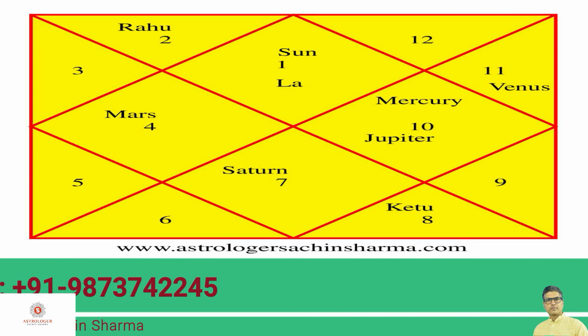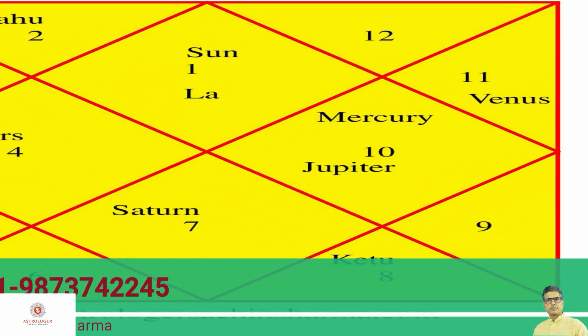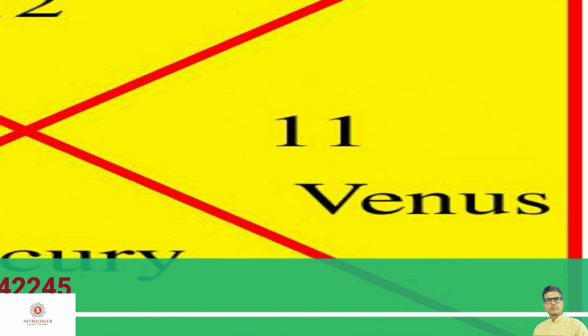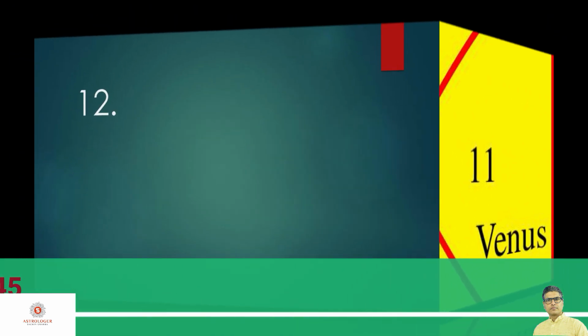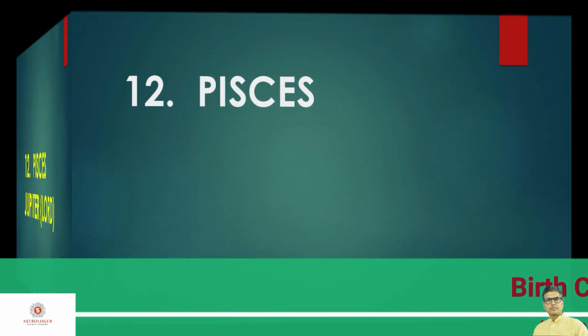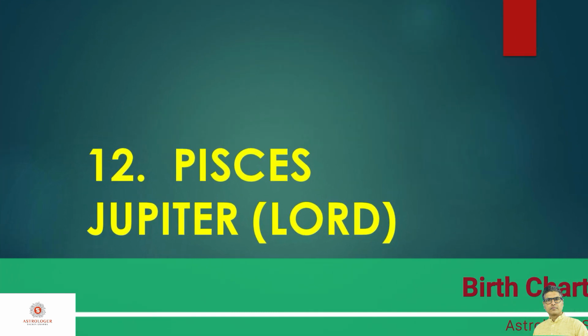Here number 11 is written in the 11th house, and in this way we can say that Lord of 11th house here is Saturn. If number 12 is written, that means it represents Pisces, and Lord of that house is Jupiter. Let us understand this concept practically in this particular birth chart.